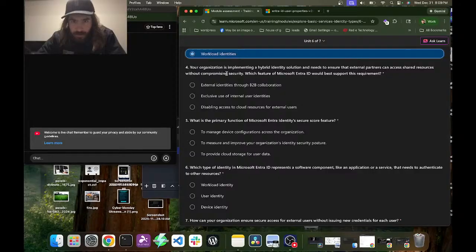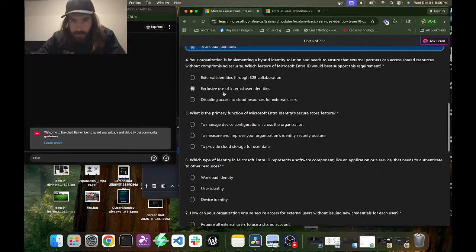Your organization is implementing a hybrid identity solution and needs to ensure that external partners can access shared resources without compromising security. Which feature of Microsoft Entra ID would best support this requirement? Would it be, wait, I don't think I even remember the question.